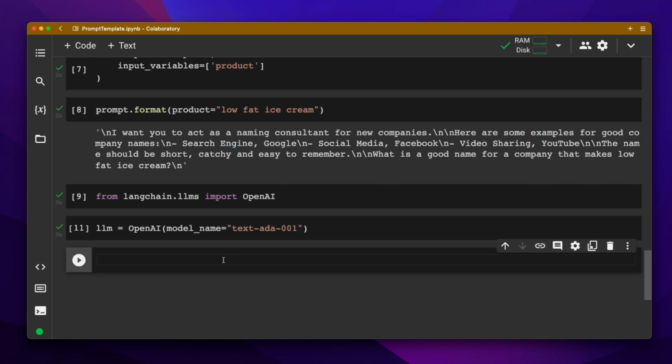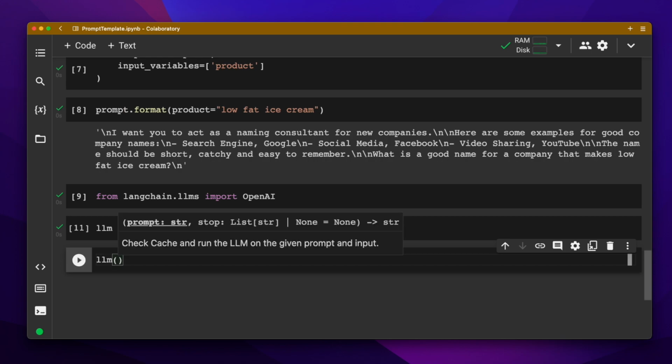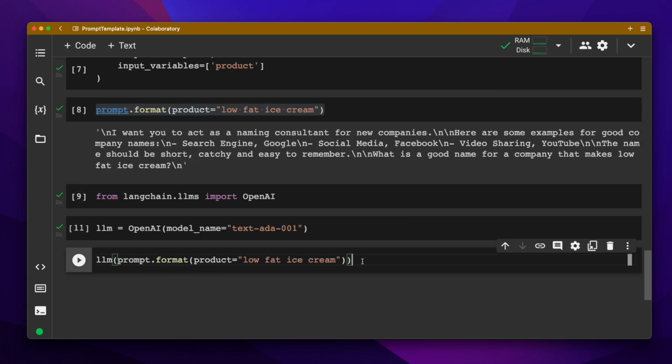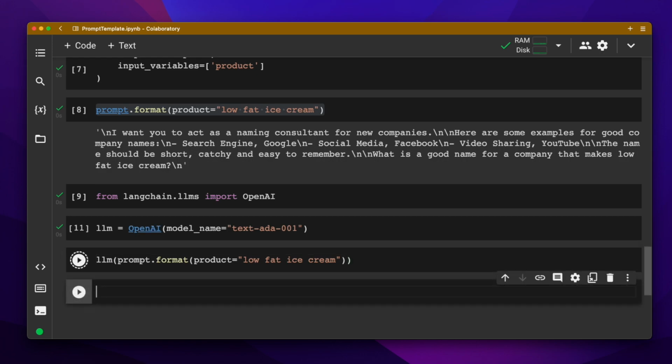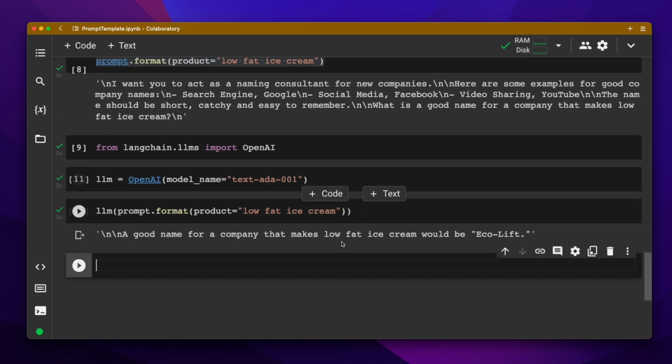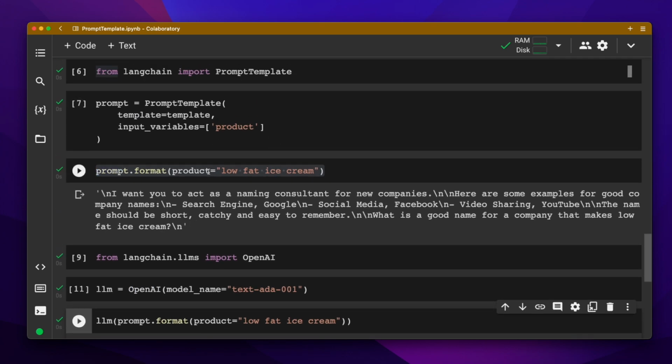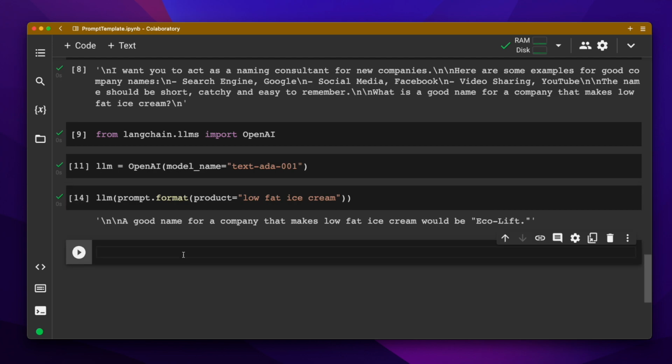So now we have created the LLM variable here, and using this LLM variable, we can generate results using this prompt. To generate an output from OpenAI, all we have to do is call this like a function and pass in the output of the prompt format function that we received. So if we run this, we get an output, and GPT says that we have to name it Echo Lift. Okay, but it feels like I need more suggestions before I make a decision to name my low fat ice cream company. So let's see how we can generate multiple results using our same prompt and the same input that we have. To do that, all we have to do is